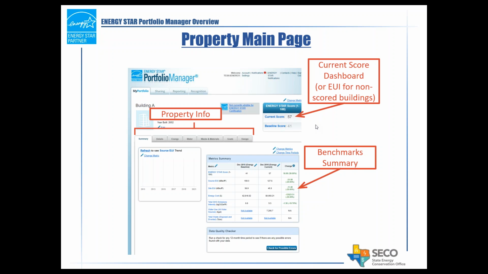So if you do qualify for a score, if the facility type is one that qualifies for a score, then it'll display that as well as the baseline score versus a current score. So if you have information over a certain period of time, then you may have multiple here. And as we get into it, I'll show you where you can set your baselines and some other information that's